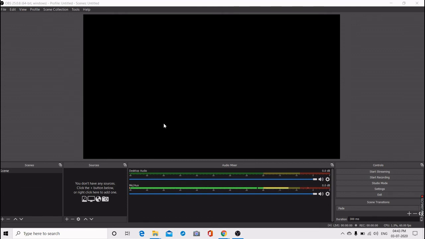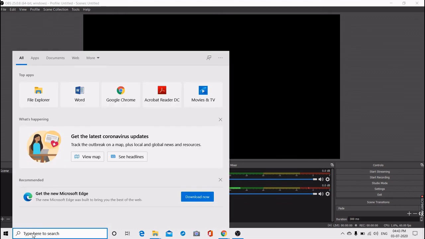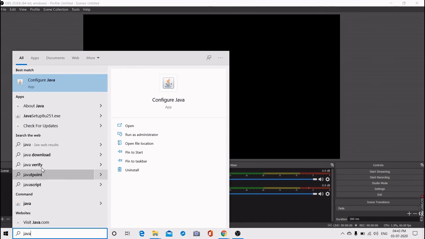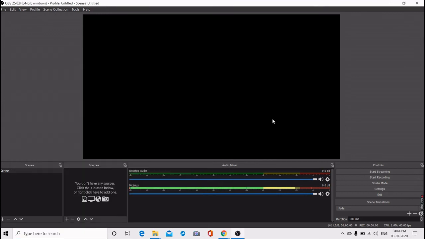Second, Java should be updated. Go to the window menu, type Java, and check for updates. If you still find any error, just copy that error and paste it on Google. You will find a solution.